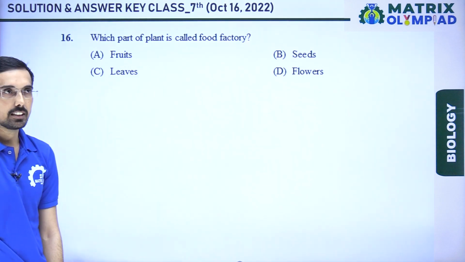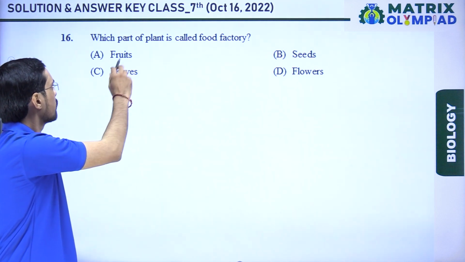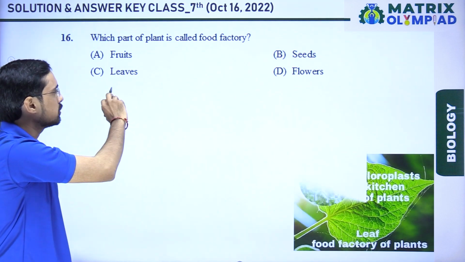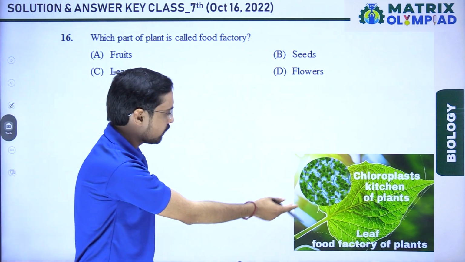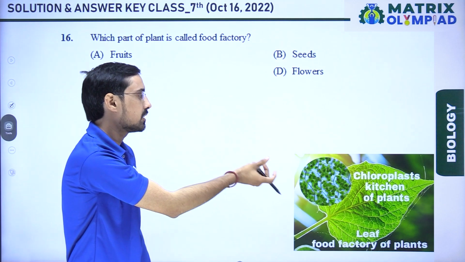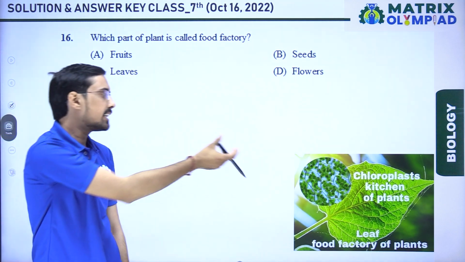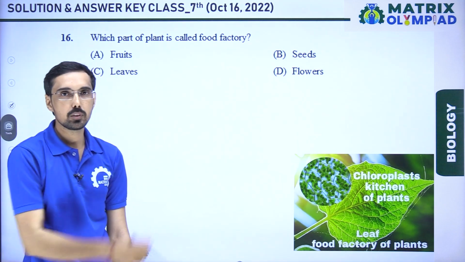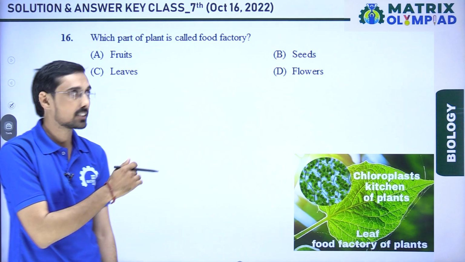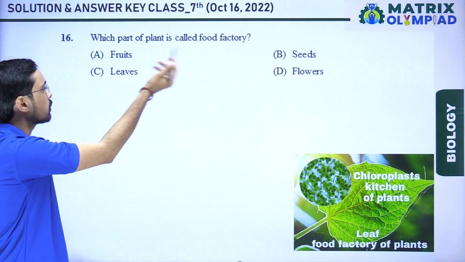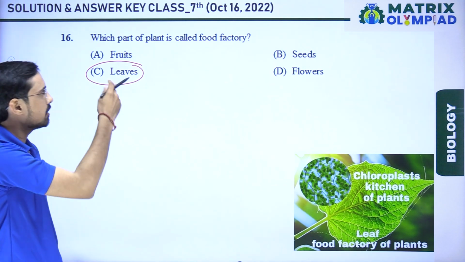The next question is, which part of the plant is called the food factory? Fruits, seeds, leaves, and flowers. As we can see in the diagram, leaves are the food factory of the plants. It takes place by the process of photosynthesis. There is a cell organelle in the leaves known as chloroplast, which is known as the kitchen of the plants. So the most appropriate option in the given following is C, which is known as the food factory